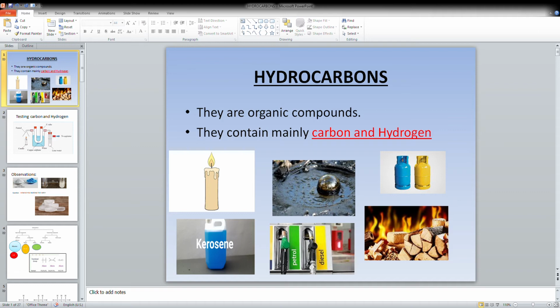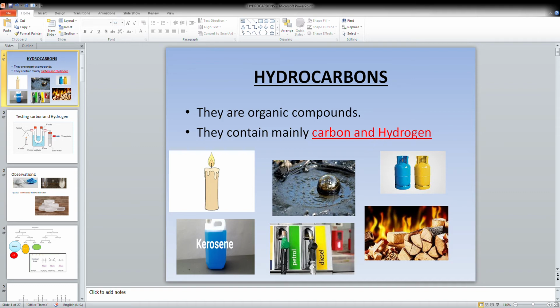So I will try to give an idea about hydrocarbons, so you can get the maximum use of it. Let's see what hydrocarbons are. According to this term, they are organic compounds, mainly containing carbon. Hydrocarbon means that they mainly contain carbon and hydrogen. So carbon and hydrogen containing organic compounds we call hydrocarbons.